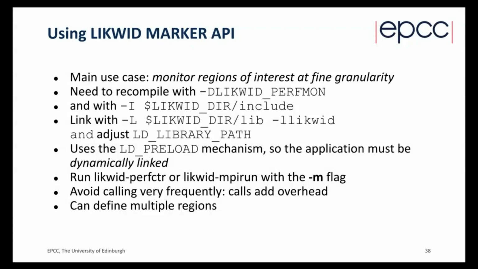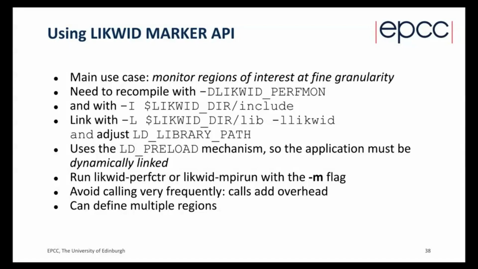And this way, if we know, for example, from profiling that we've done before, where regions of interest are for our application, and when we want to zoom in on those, we don't want to simply run Liquid on the whole application. This would include I/O, maybe some loops we're not interested in. So we add the macros that I'll show on the next slide, and we need to recompile it with the -DLIKWID_PERFMON flag set,